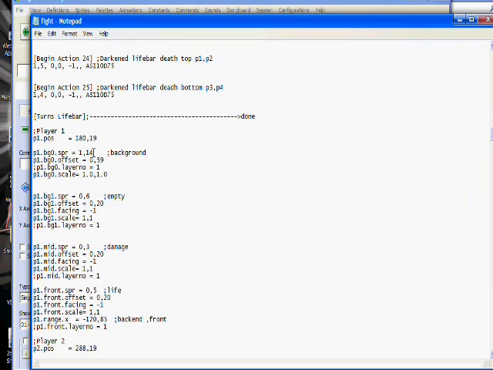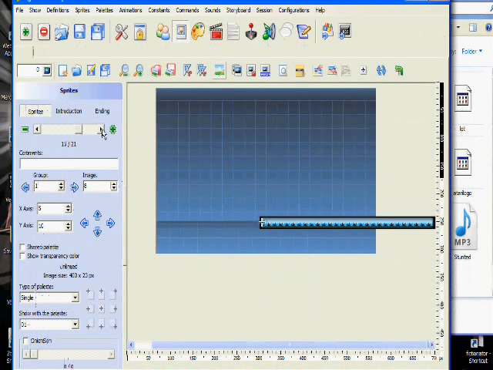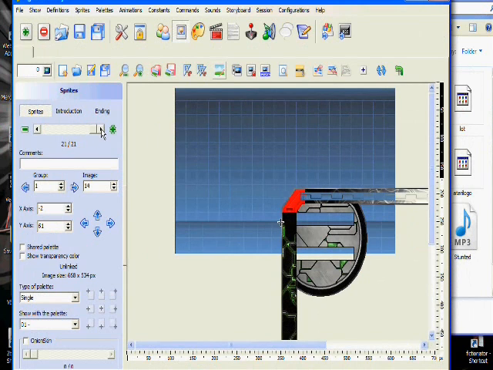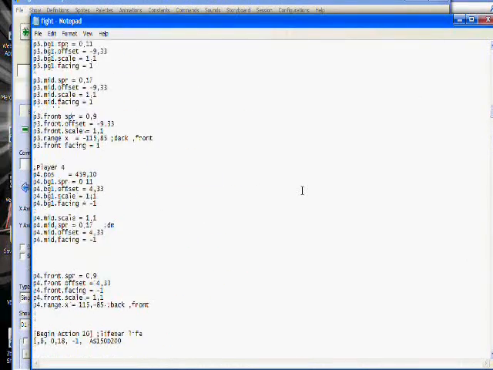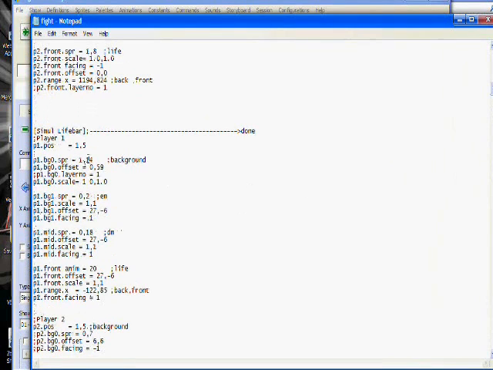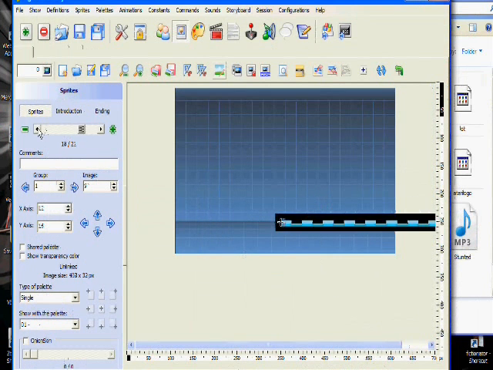Alright, since my sprite was 1,14 for the singles life bar, I want to make the turns life bar different and change it. Wait a minute, that's not right. It shouldn't be 1,14 up here. Apparently I put in the wrong sprite. It's supposed to be 1,0 for the singles background image, which is this,